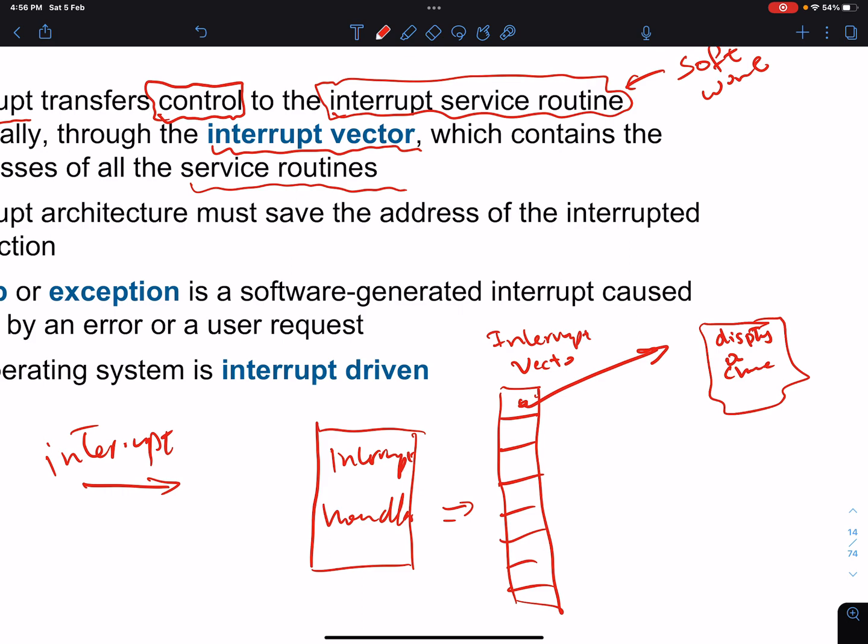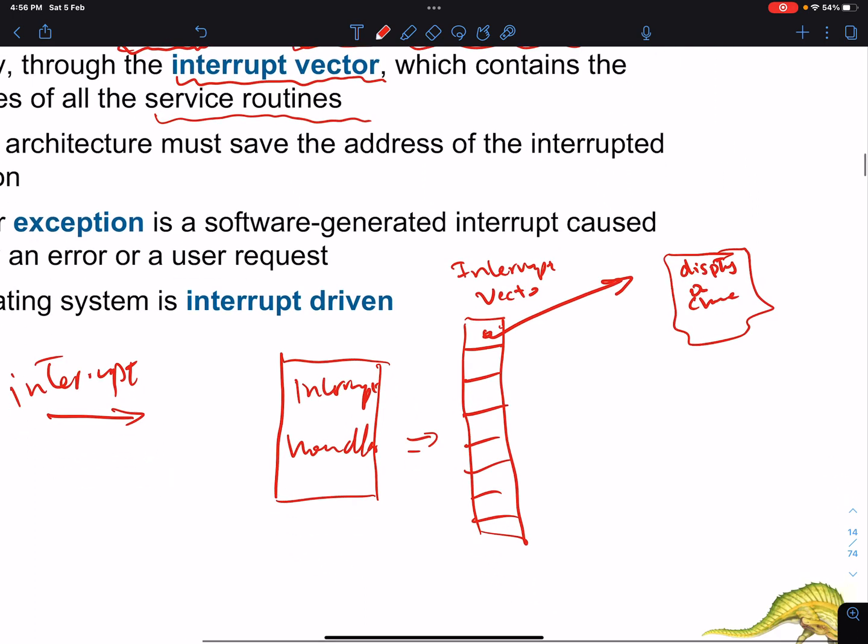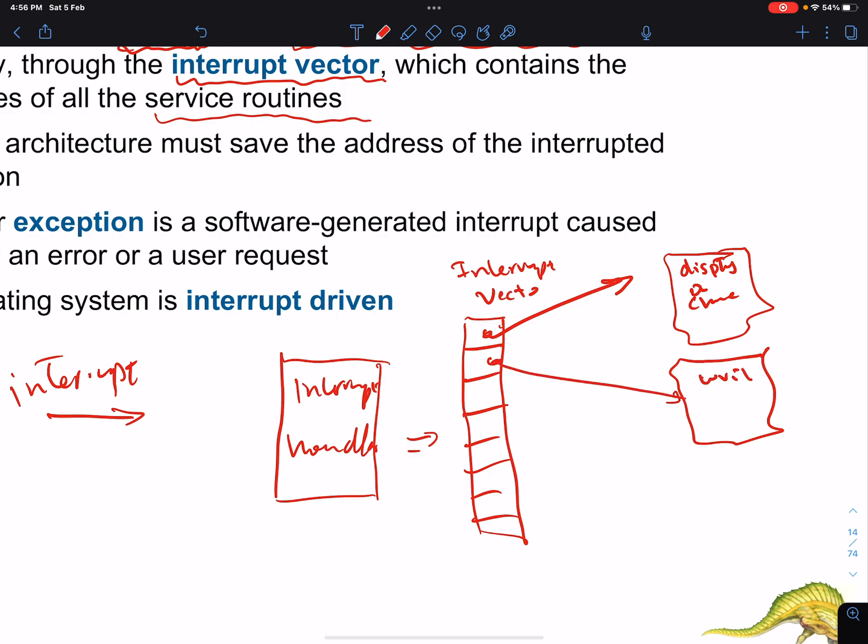All it does is take a character and put it onto the monitor. Another service, as an example, is write to disk. Another service, read from disk.